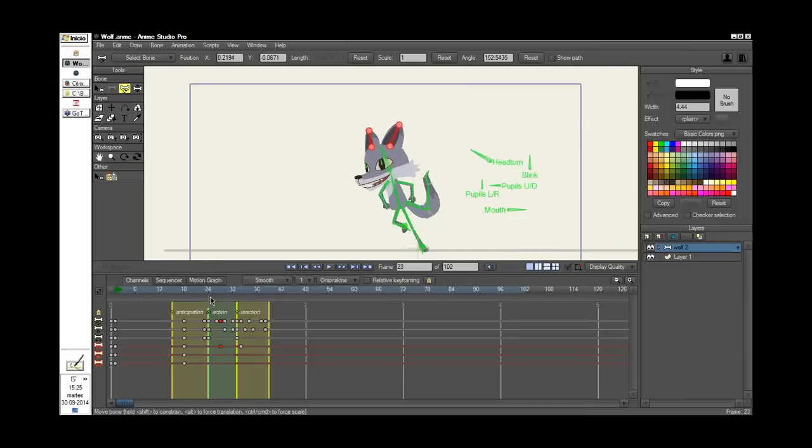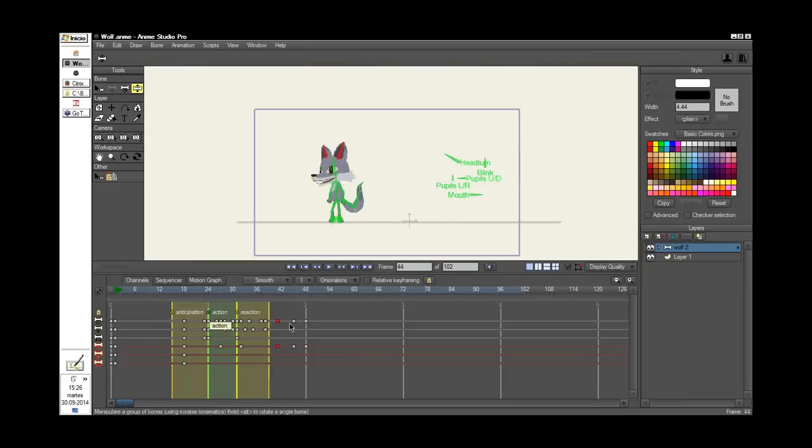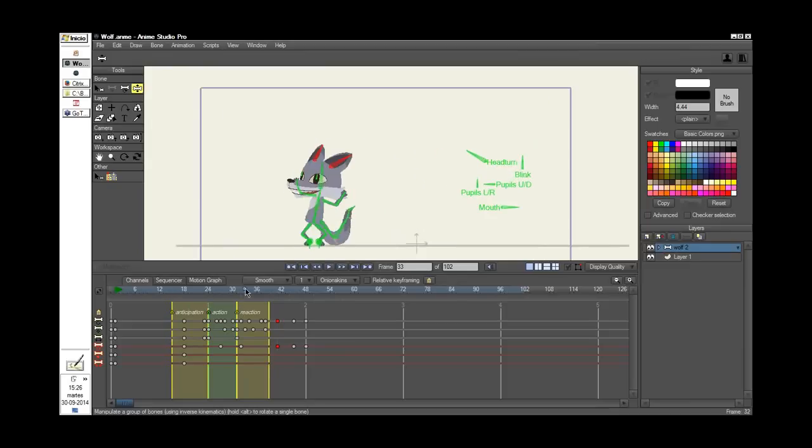And then when the character falls, the ears will also fall, but after the body, not at the same time. So I will move the ears here, and then they will go back, and then they will stabilize to the real position. So we have this. Maybe it's a little slow right now, but I can move the keyframes to improve the animation. Now I like it more. So you can see now the ears